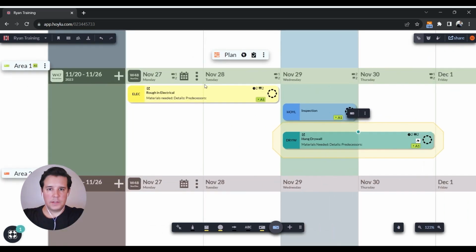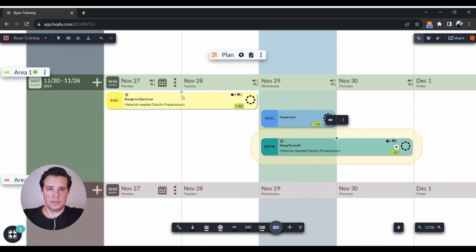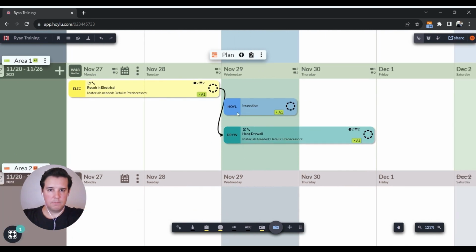Easily hover over the task, you'll notice that there is a dot icon that appears, and I can drag from that dot and drag the arrow and make that connection, just like that. So I'll undo, and I'll show that again. Hover over the task, drag from the dot, arrow is right here, and then I can drop it on the